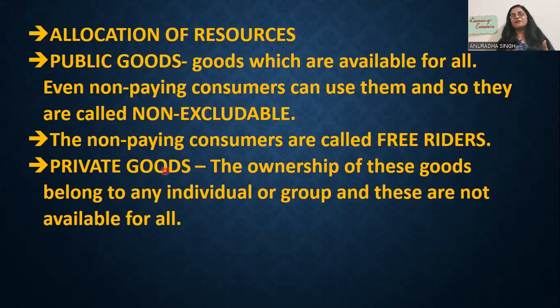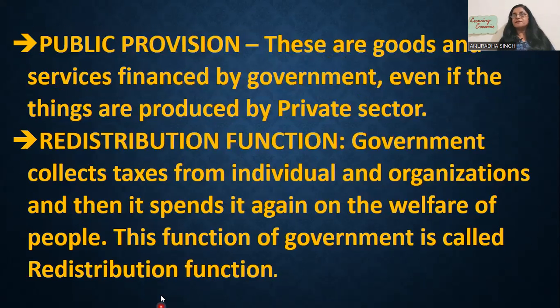Like if you travel without a ticket in the railway, then you are caught, and the person has to pay the fine and penalties. But a person can also be a free rider, like there are specific discounts and specific facilities given to specific people, and they can use them. So this is also part of budget expenditure. And then there are distribution and redistribution functions also.